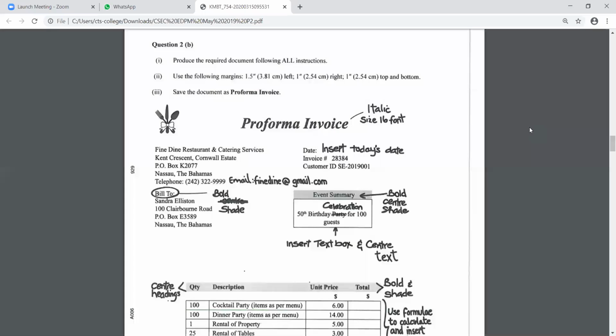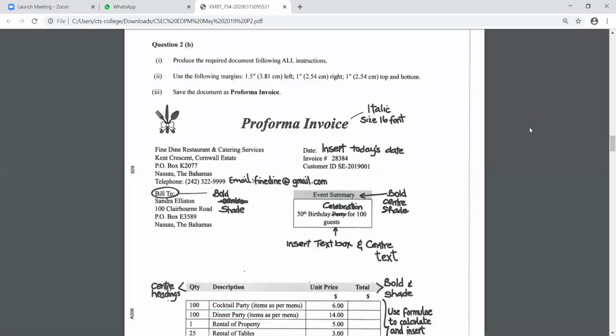Fine dining, restaurant, and so on. I believe we would have typed that as well in the header in the first question. So you all could copy and paste if you want, line by line. Got it? But do not try to copy and paste the entire thing, because then it will just fit in one row. But I want it in single lines. Got that? So that information you all can take.